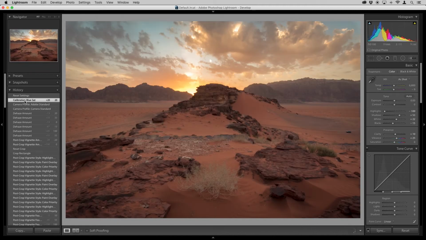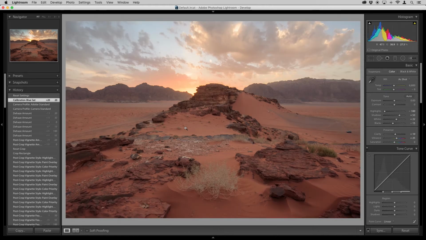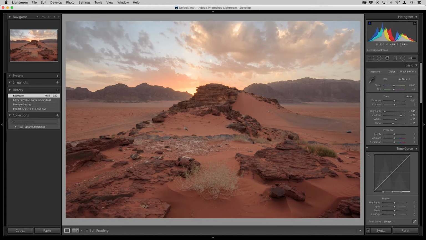I'm going to go back to the setting that I had there, and this is the final edited image that I had, and just compare that to the HDR. This is barely edited right now. I don't have any sharpening or anything else applied, and as you can see, that's actually a pretty good starting point. I've got all the blues preserved, all the information is there. That's just a great way for me to do something like HDR on a set like this.